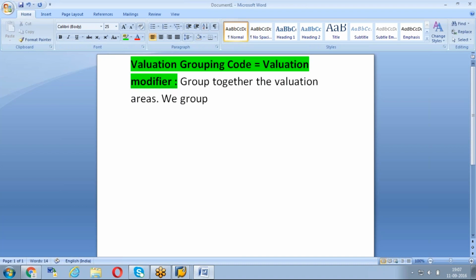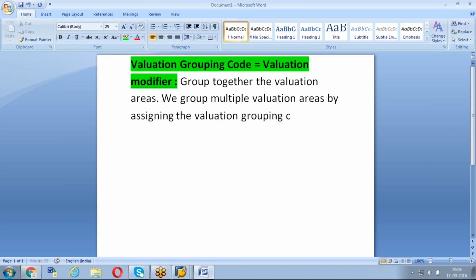We group multiple valuation areas by assigning the valuation grouping code to the valuation areas. Got it? Okay. Valuation area means either plant or company code.